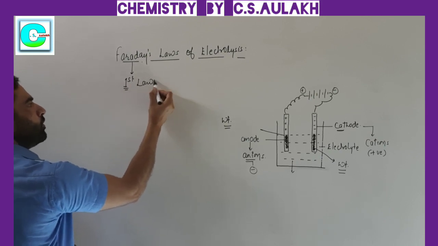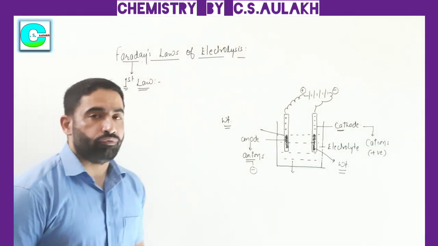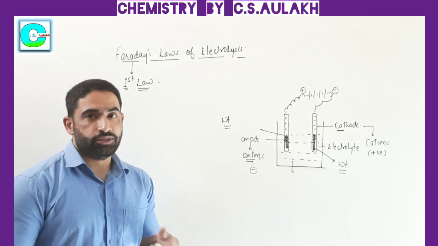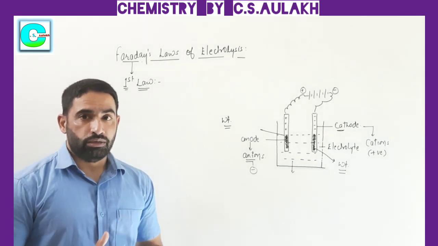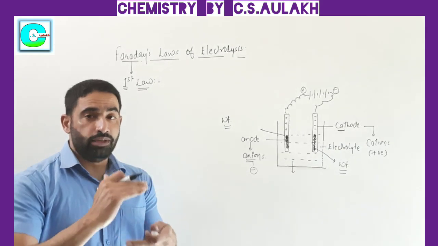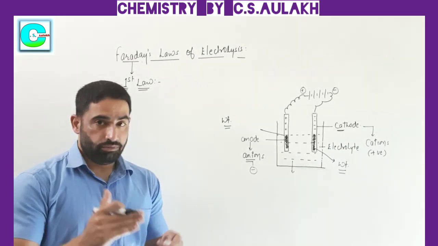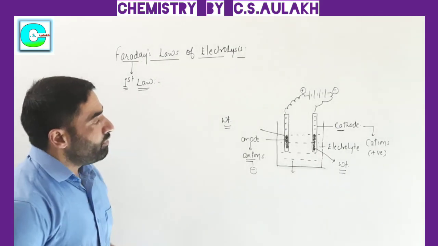So what is the first law? We will explain this, then at the end of the discussion we will try to write its statement, which is usually given in the initial part of books and articles. So instead of writing the statement in the initial discussion, we will derive the relation at the end of this discussion. So how do we derive this?